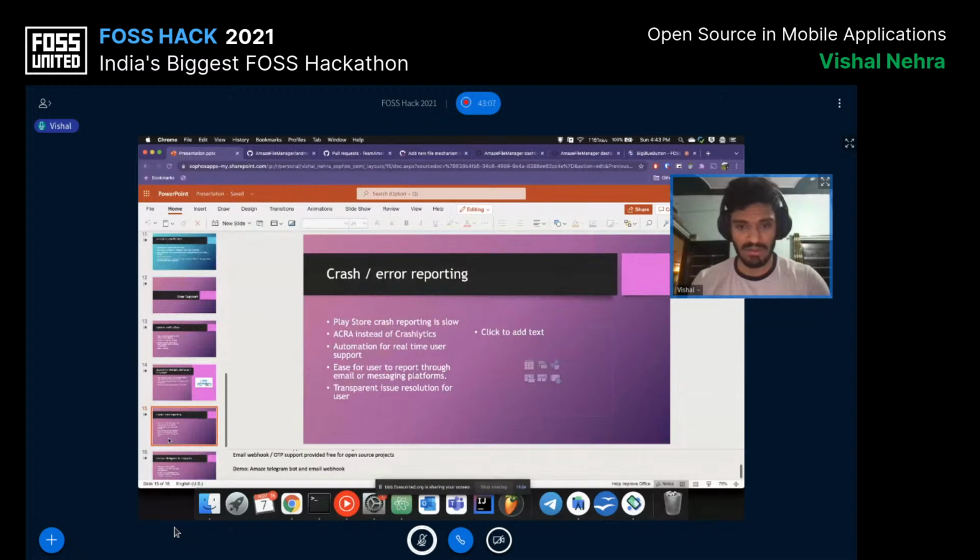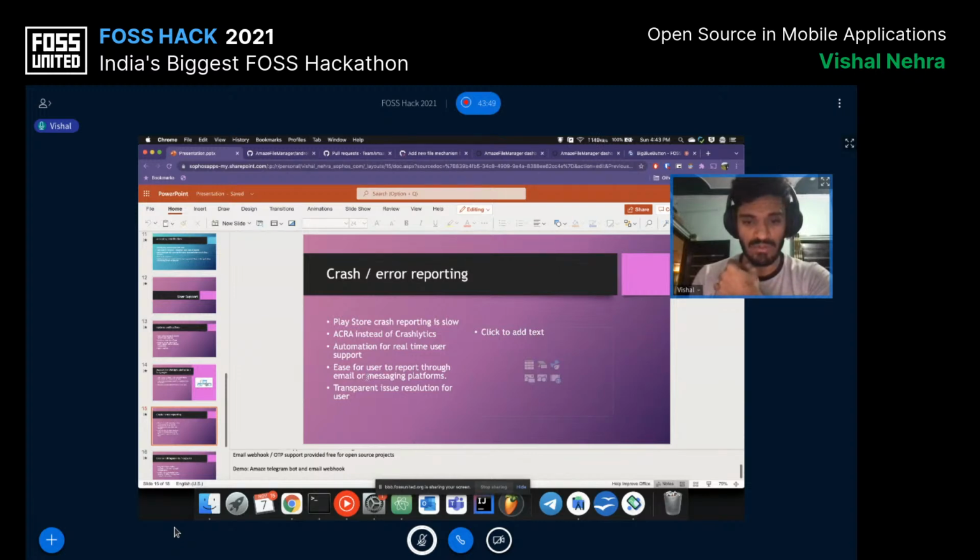So we at Amaze came up with an automated pipeline for crash reporting. We are using Acra. Acra captures all the crashes on your devices, but what we do after the crash is really dependent upon us. So again, we should really utilize all the tools we have. We thought, why not use GitHub and its APIs to automate all these things. So right now what we have are two things: email automation and